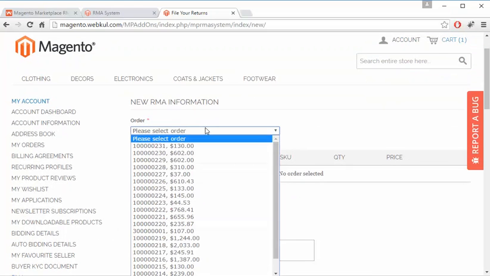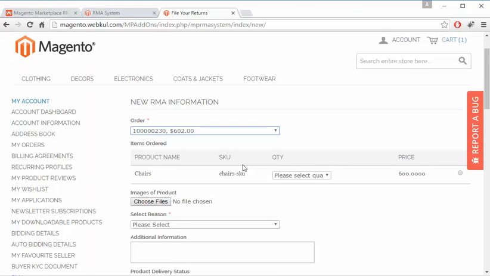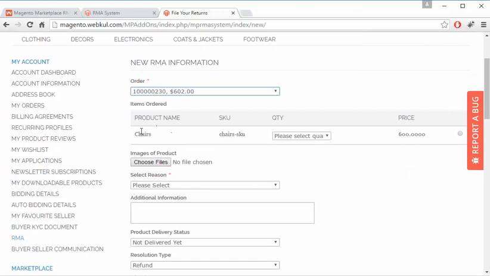Now from here, the customer has to select the order for which they want a return or replacement. Now let's say we want to return this product. Here you can see the product name, and from here you can select how many quantity of the product you want to replace. Let's say you have purchased 2 quantities but you only want to return 1. Then select 1 and then